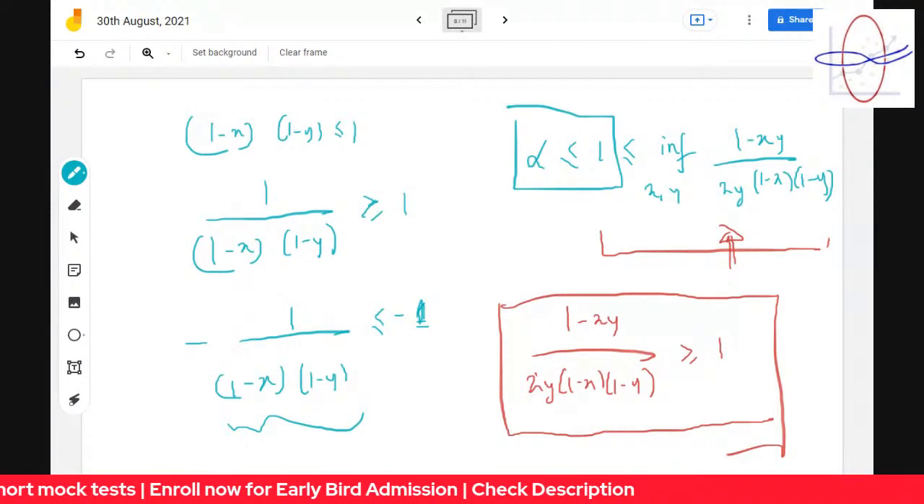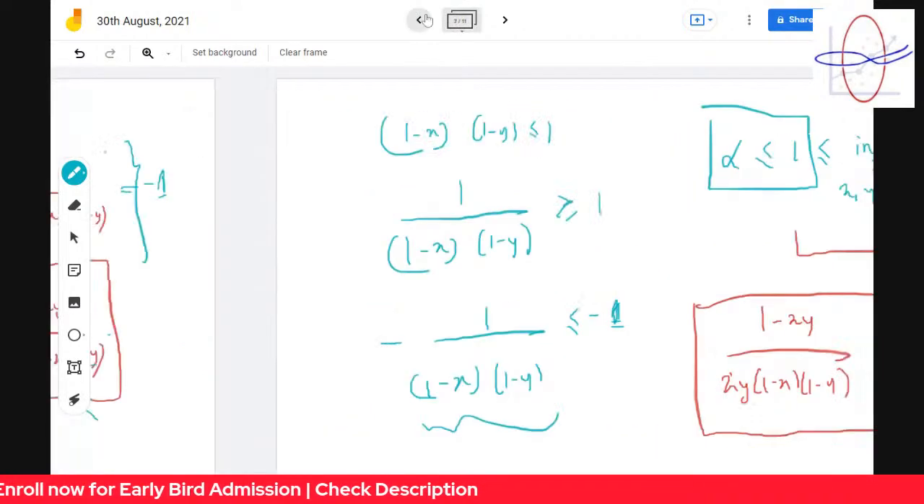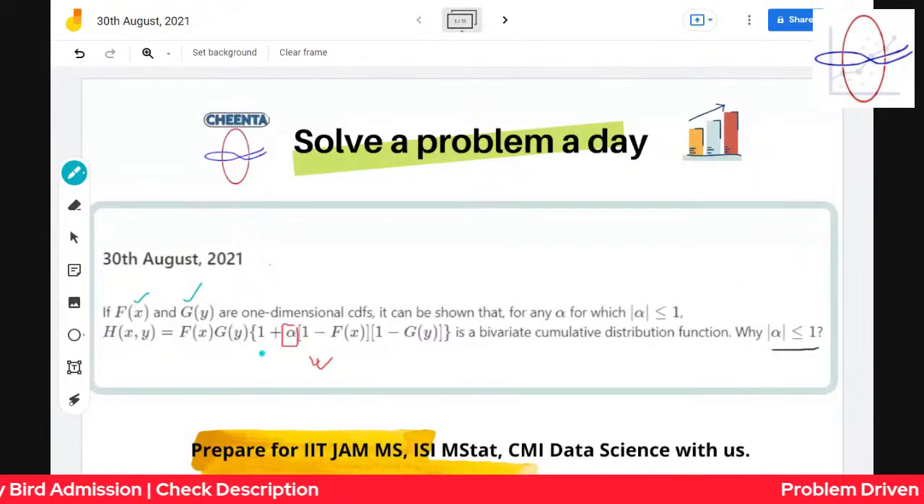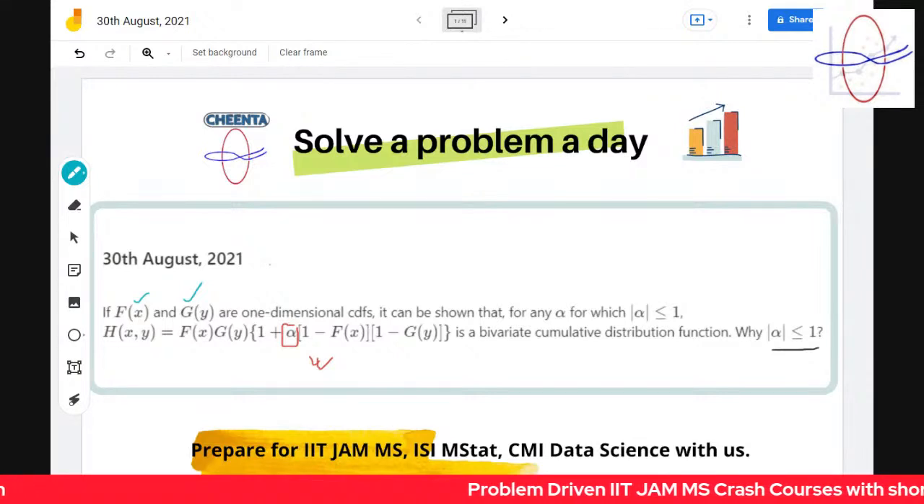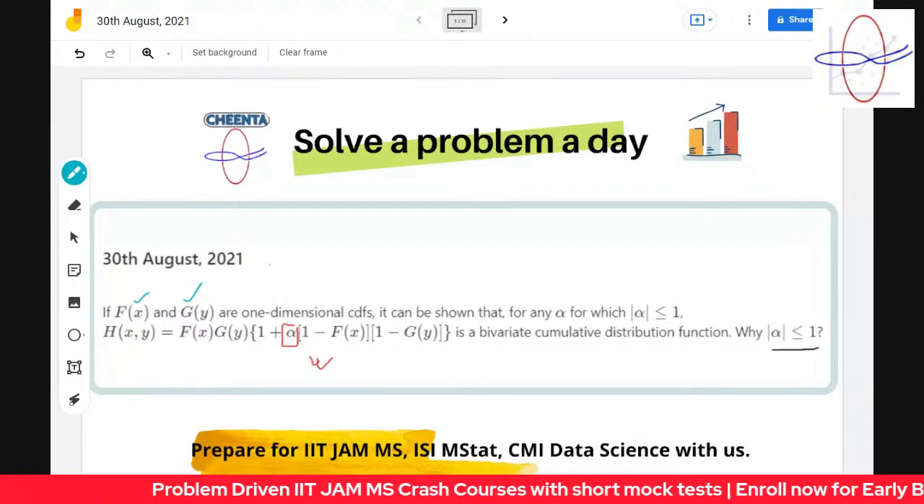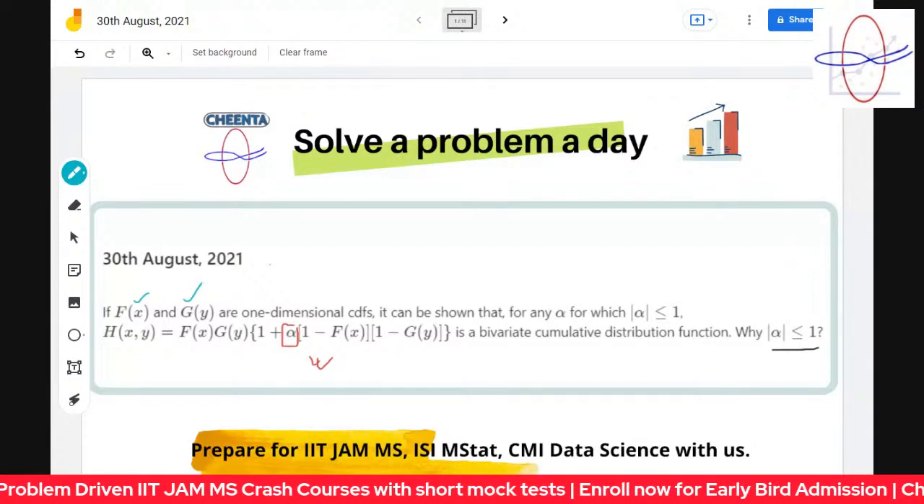Like, why? So this family of distributions is a very important family of distributions. It's something whose name I forgot, but it's super important. Let me just see the name. Just give me a minute. The name is